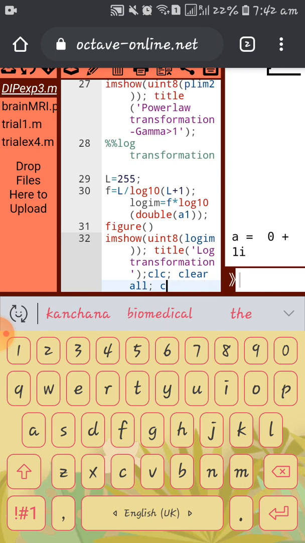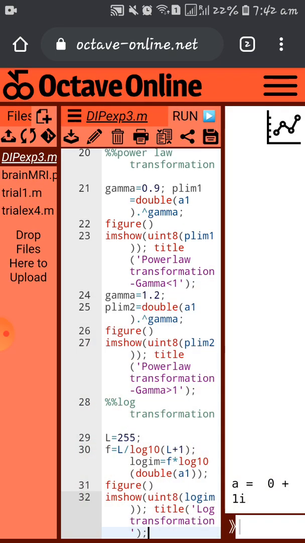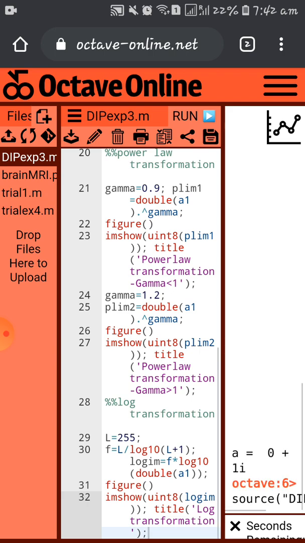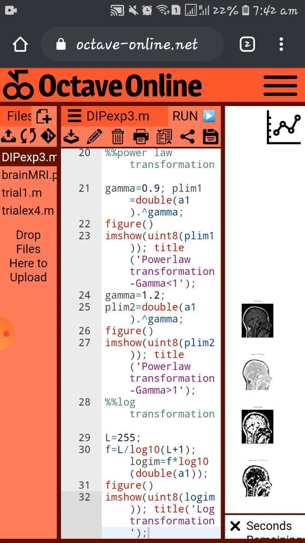It has pasted something else here. I'm just changing it. Okay, so now I'll save it again and run it again. Yeah, now the images are displayed.